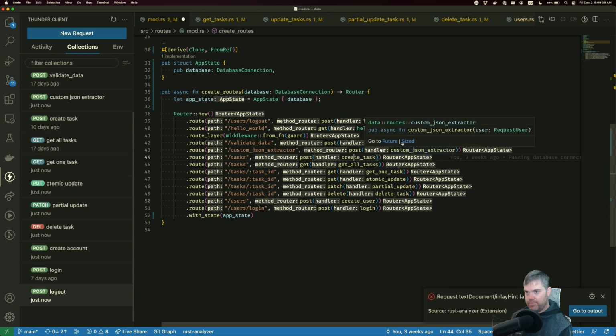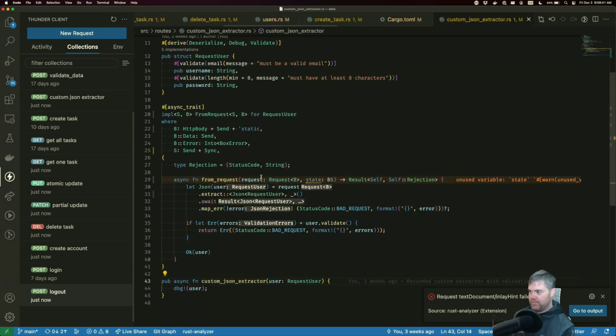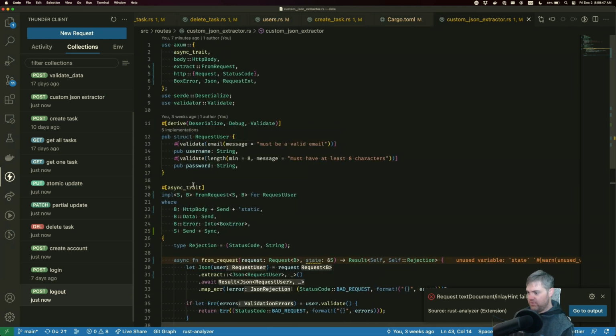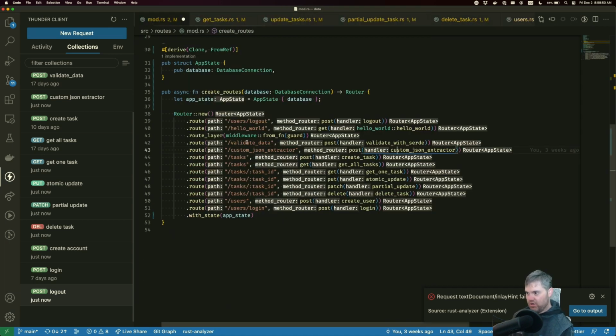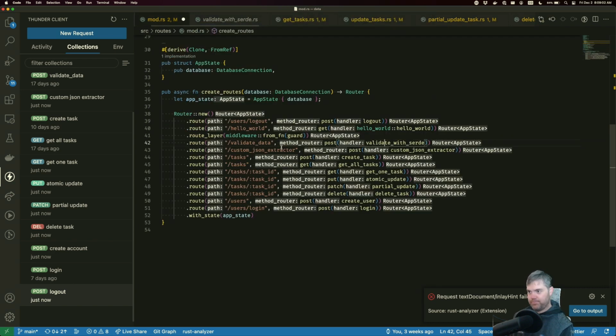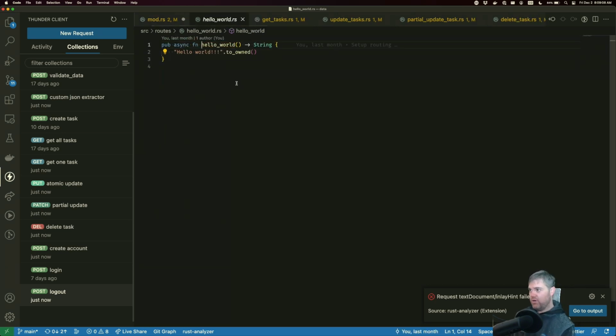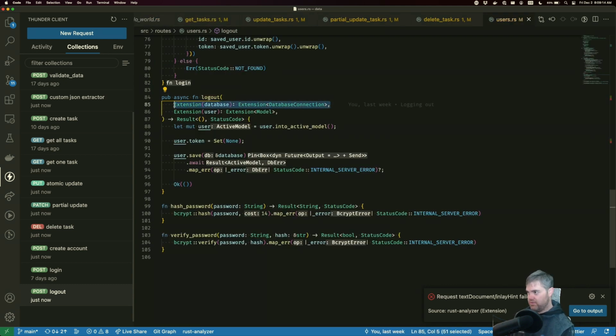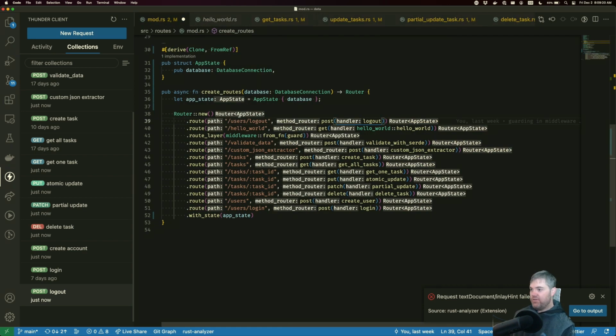Okay, so the custom extractor, you don't need to worry about that. You have your own thing. So I don't need to do custom extractor. Validate with cert, don't need to do this. The guard will be doing hello world. We don't need to do that, and log out we do need to do. Okay, so then we do that, and then